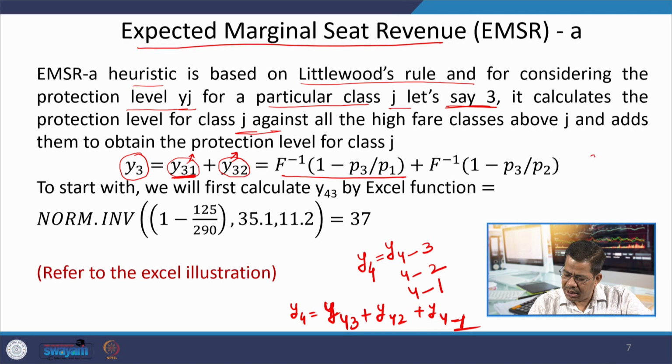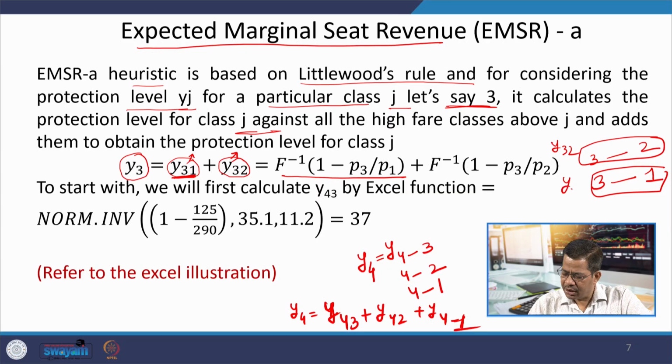You have a class 3 and then class 2, you have a class 3 and then class 1. So, you are calculating the protection labels Y 3 2 and Y 3 1 as a two class problem. So, directly this formula of Littlewood is applicable in calculating these protection labels, and that will help us in getting